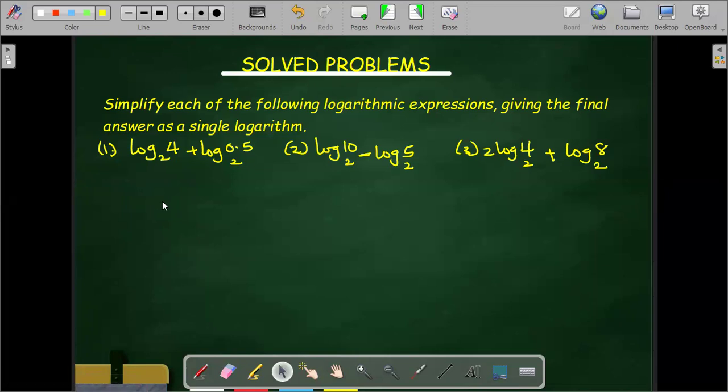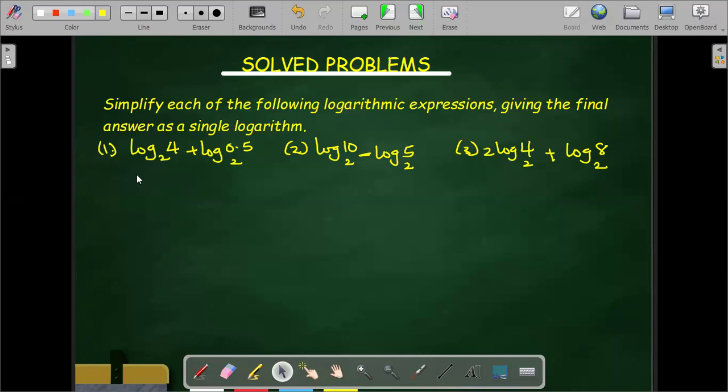Now, if you want a quick refresher on the various rules or laws of logarithm, you can check out the video I created on that. If you have a full grasp of the various laws of logarithm, let's start with these very simple problems on how to use